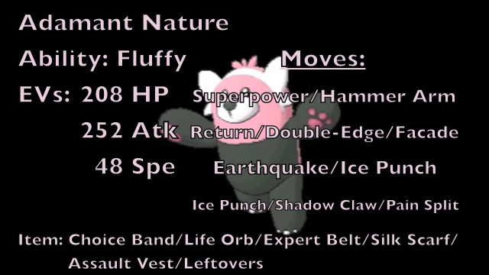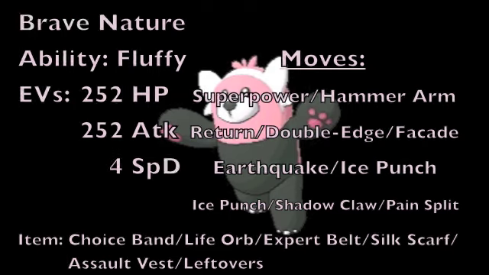Now there's also another way to run this, which is including this Pokemon on a Trick Room team. So the way that we're going to switch this up is by, instead of an Adamant Nature, giving it a Brave Nature to increase its physical attack but lower its speed, and then running an EV spread of 252 HP EVs, 252 physical attack EVs, and 4 special defense EVs. Either of these options, or all three of these options for that matter, are very useful and allow this Pokemon to fit a variety of teams and allow you to use Bewear as a powerful physical attacker in many different